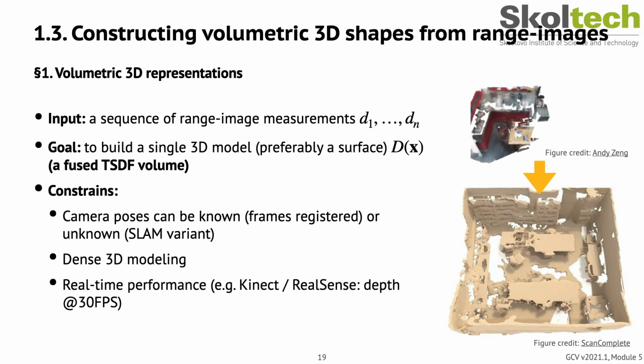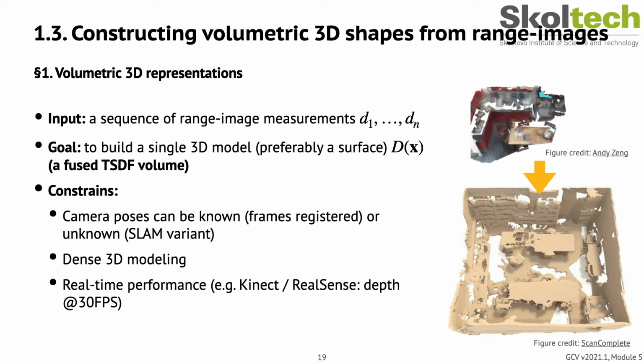In real applications, such as building a model of your room, however, you do not really have access to ground truth information about camera poses, so you have to somehow infer the camera pose given the current model of the scene and your current sensed image. And the goal would be to build a full 3D model in the form of a TSDF function defined on a volumetric grid representation. You can see in this slide there is an animation that shows the process of real-time depth fusion from an RGBD camera,